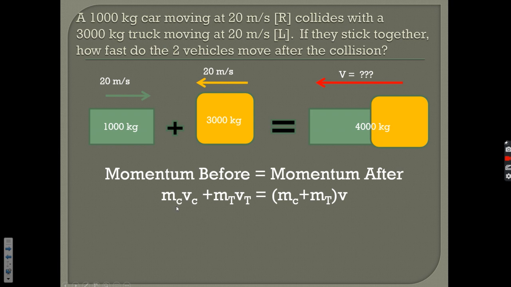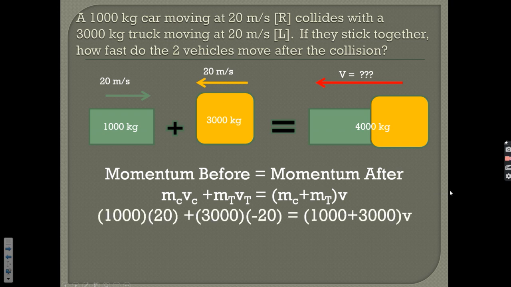The mass and velocity of the car plus the mass and velocity of the truck. So this would be momentum of the car. This is momentum of the truck. That total momentum needs to be equal to the total final momentum, which would be, since they're stuck together, we can combine their masses and multiply that by the velocity. So plugging in everything we know